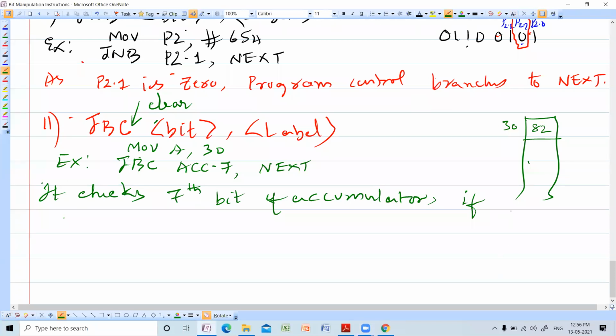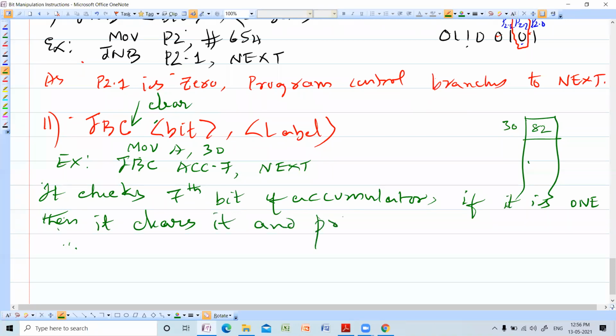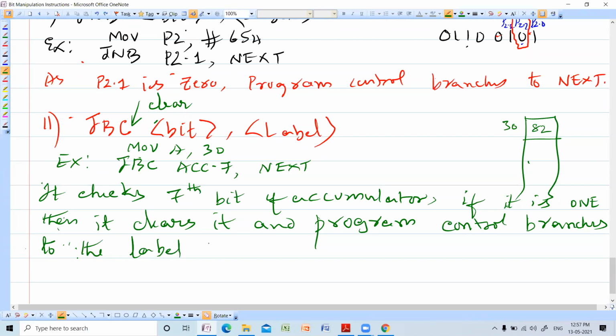then it clears it. Very important. Then it clears it, and program control branches to the label next.